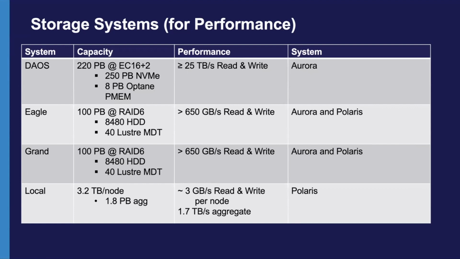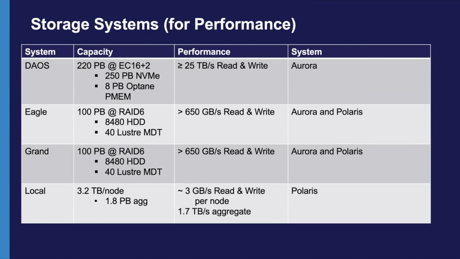I would say if you're current today, if you run on whatever system you run on, if the percentage of time spent in I/O is 1%, okay, it probably doesn't matter. You can just use our existing Lustre file systems and not worry. If you spend 5% of your runtime doing I/O, then I would definitely consider it. And if you're greater than 5% or 10%, you should listen in detail to what I'm saying and make careful notes because you'll want to use this on Aurora.